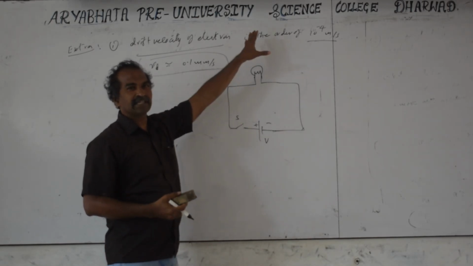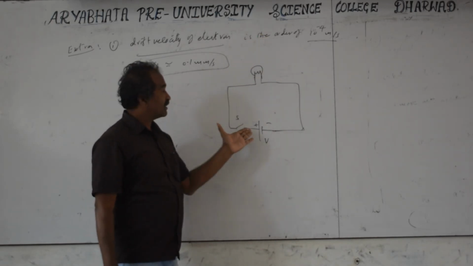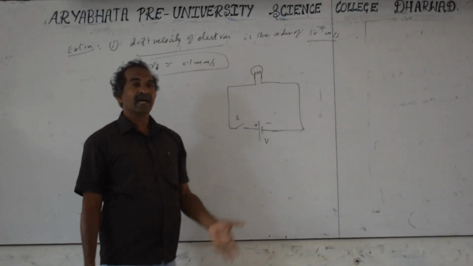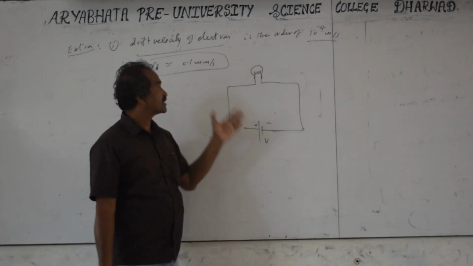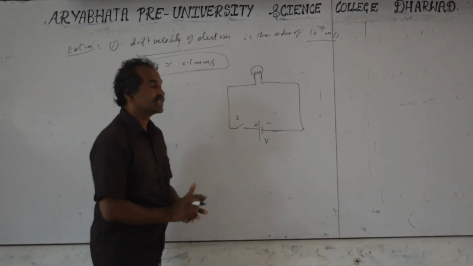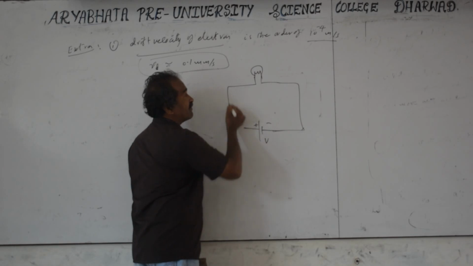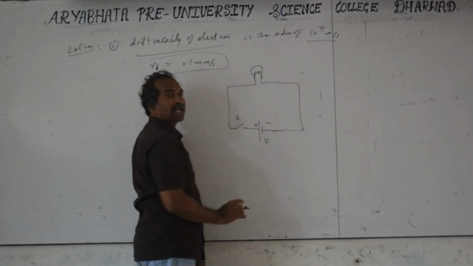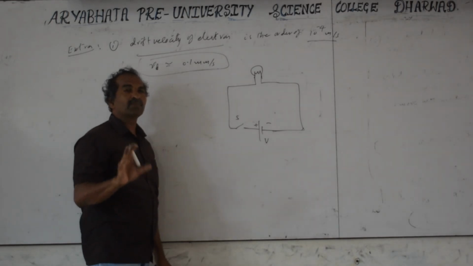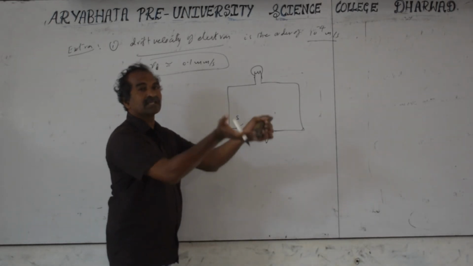A tube light also takes a little time. But with this millimeter-per-second speed, if the length of the wire is meters, you would have to wait a few minutes, or sometimes even hours for a long wire, for the bulb to glow. That doesn't happen; the light bulb glows immediately. How? It is because electrons are everywhere inside the conductor, not just coming from the battery. The battery never supplies the electrons.